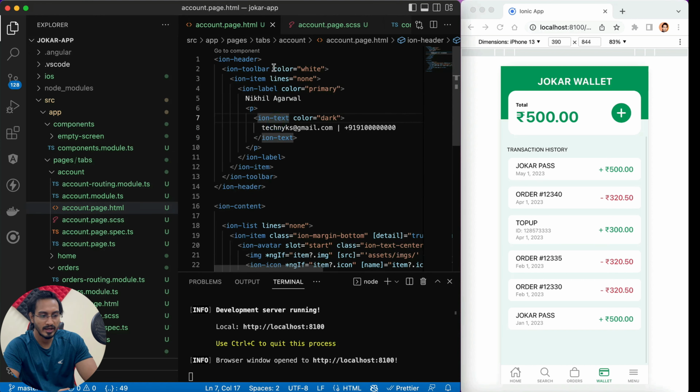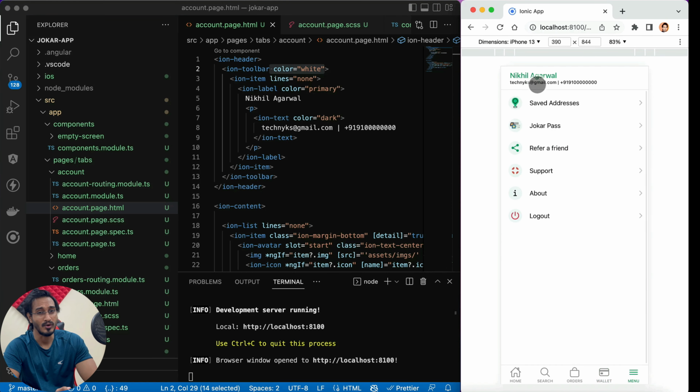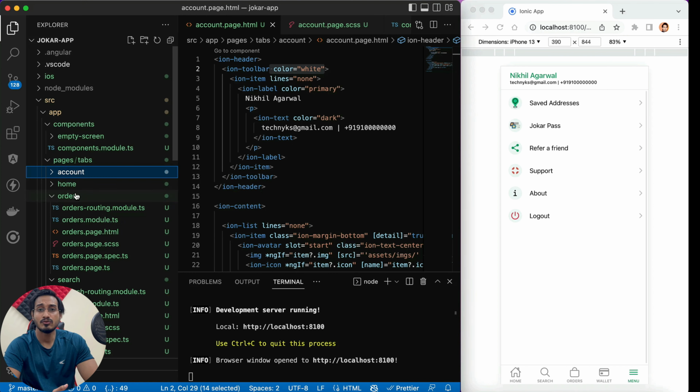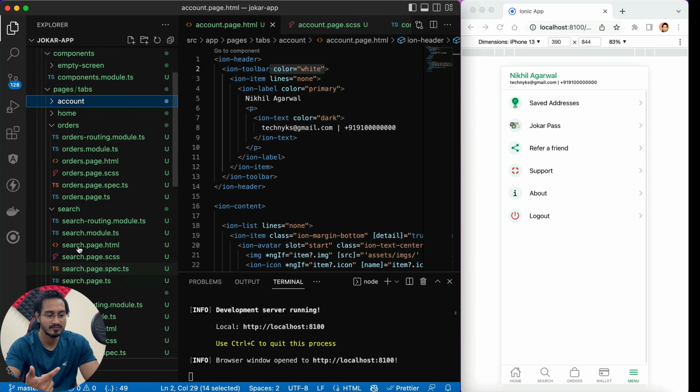At first you can give the toolbar color to be white, because out here the toolbar color in the menu screen was not white and it was showing a little grayish type of color. So you can simply change that at first if you haven't done that. And the second thing is related to our orders page and also to our wallet screen. So I'll show you one by one exactly